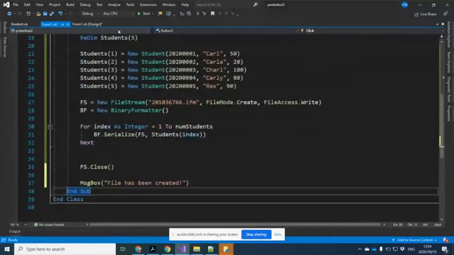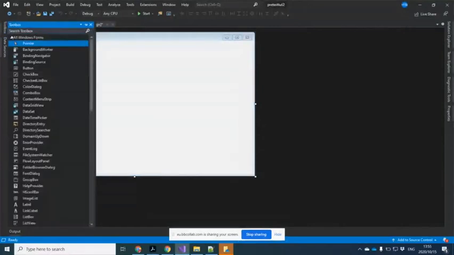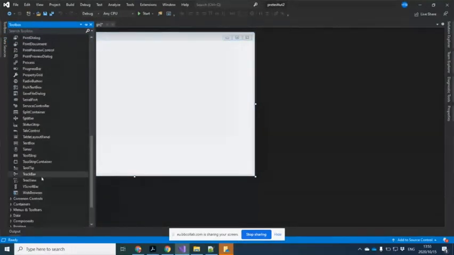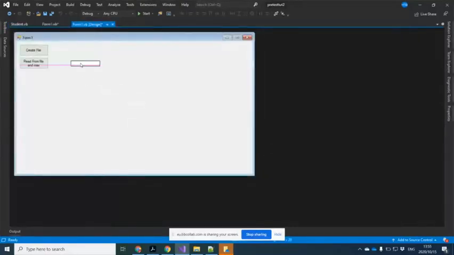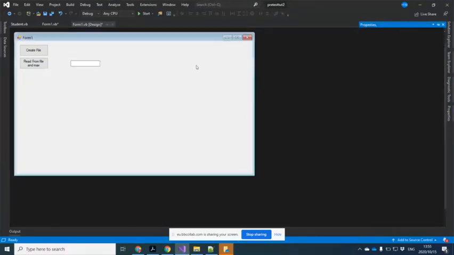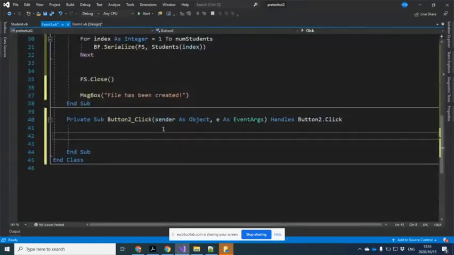Now, our next button, let's add a text box here. This text box is going to be for our highest or our lowest. We'll still decide. So let's say max-min. Now, for our read function,